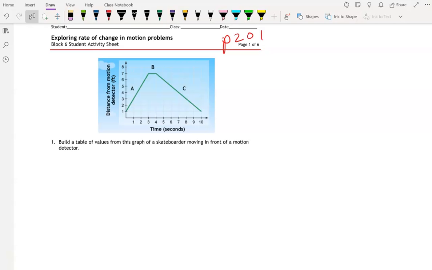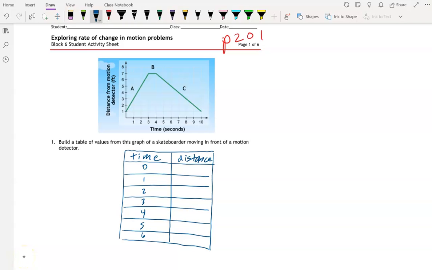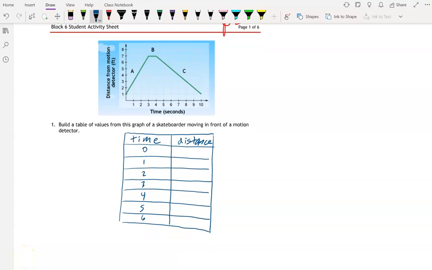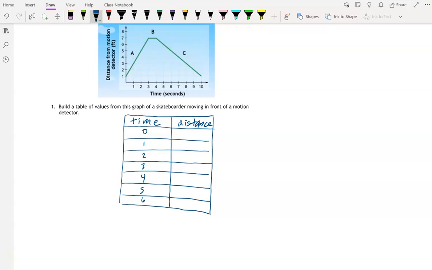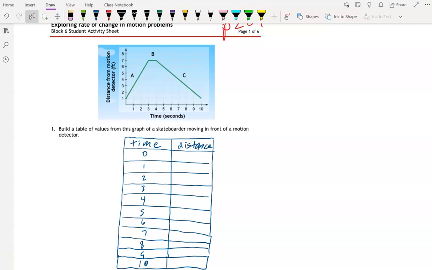So you're going to want to quickly sketch out a table that goes from 0 to 10 seconds. As you can see, I did not complete the table, but you certainly can. You'll need to add 4 more blocks down here. Anyway, there's our 10 seconds, and we want to record the distance that the skateboarder is from